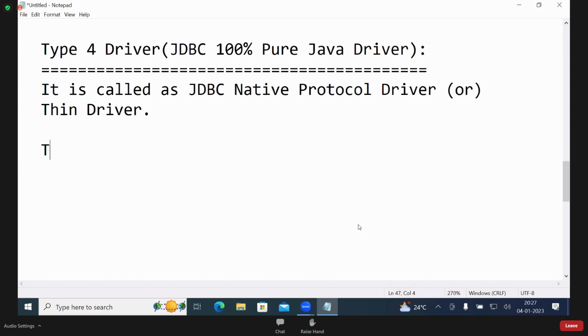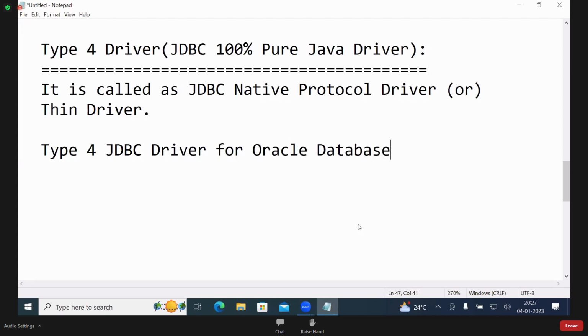Type 4 JDBC driver, note down. Type 4 JDBC driver for Oracle database.